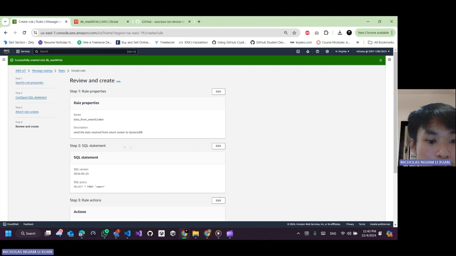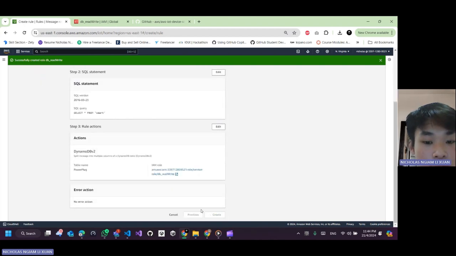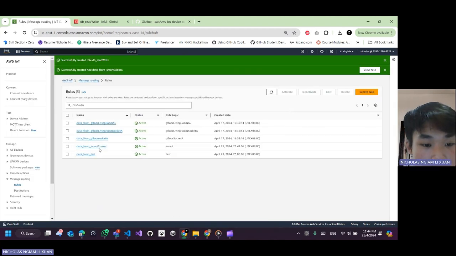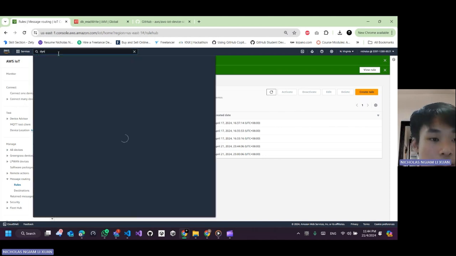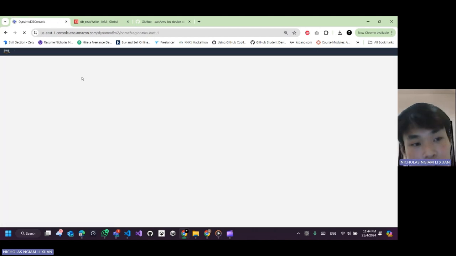And the last step is to review and create. After we review and find nothing wrong, we can create. Then the rule, data from Smart, is already created. And next we will proceed into the DynamoDB, where we need to check whether the data is successfully inserted